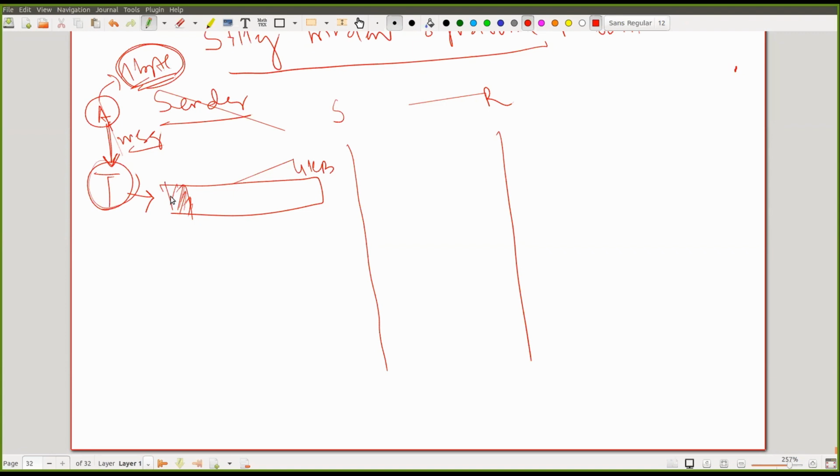If I send the data immediately, 1 byte of data in the network, then 40 bytes of header is going to be added. As a consequence, the overhead in the network is going to increase. That's why TCP is not going to send the data. Rather, it is going to keep the data in the buffer for some period of time. How much time it will keep, we will discuss shortly.